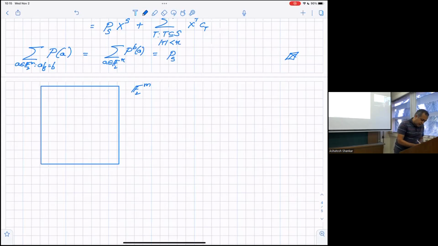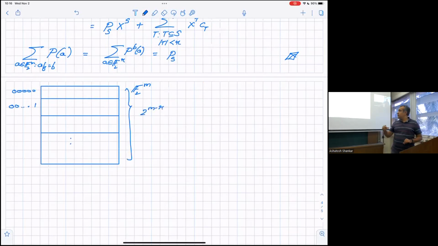This space is going to get stratified into several subcubes, based on which B. So this is B being the all zero string, B being the all one. There are totally 2 power n minus r such things. And each of these subcubes, when you sum them up within it, you get PS. So there are 2 power n minus r different ways in which you can get